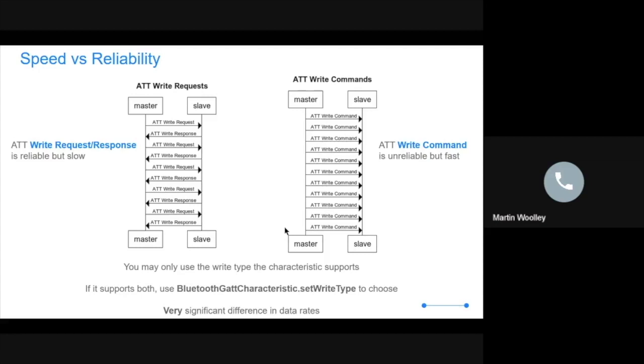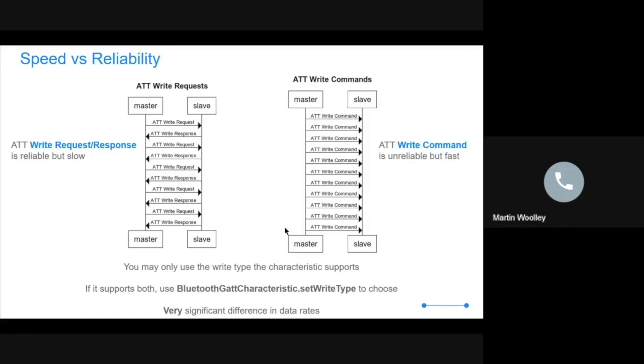However, what you won't know with write commands is if the packet reaches the remote device, did it find its way all the way to the top of the stack and into the application? What if there was a buffer overflow and the packet was discarded? You won't know that. So, I have a heart rate monitor, which I don't really use very often,